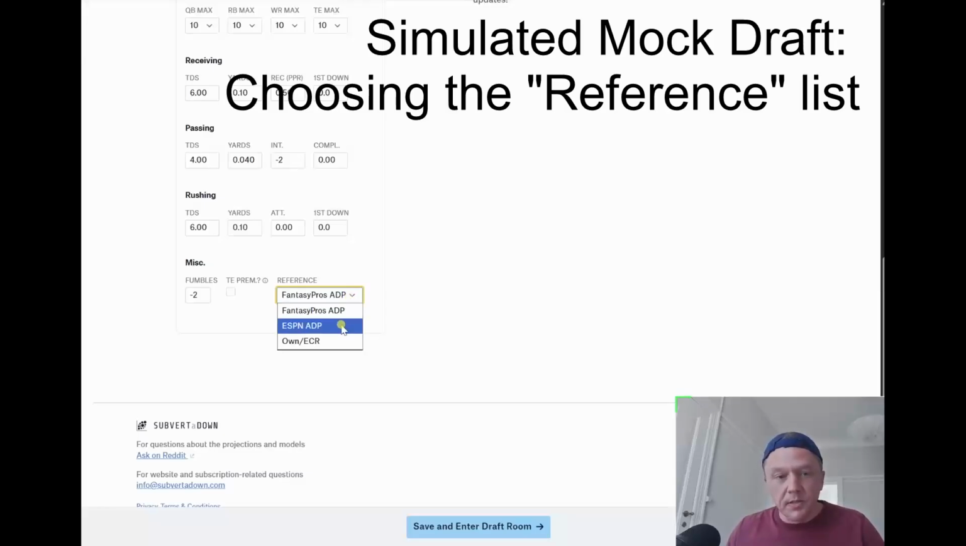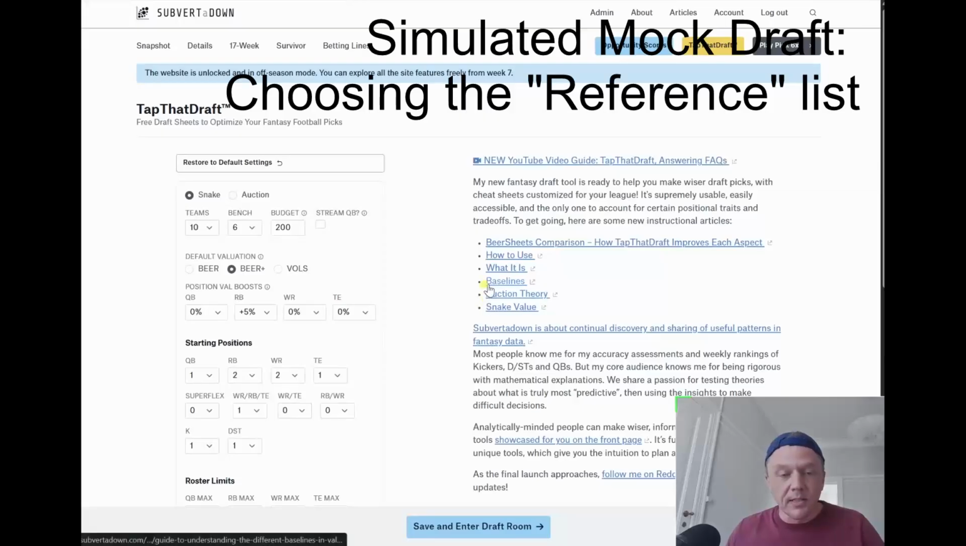But you can also choose, for example, the ESPN draft room order. If you think your opponents are using that, basically you want to choose what you think your opponents are using. If you think they're using your own rankings, then you want to choose that instead. And that's going to be critical for simulating who their picks might be so that you can take advantage of